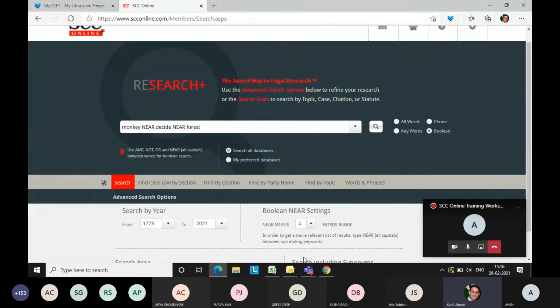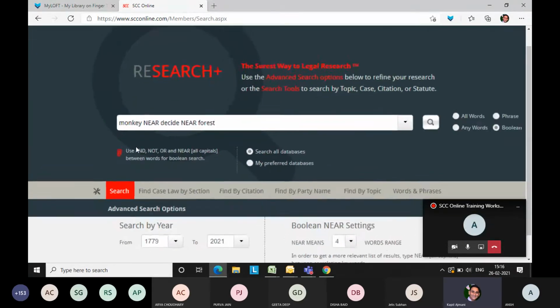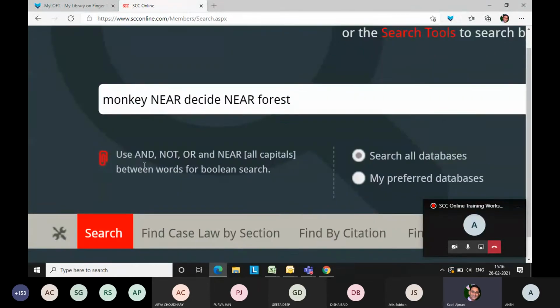So if you want to see within one sentence, then you have to restrict it to 5. Or if you are looking within a paragraph, then probably you can increase the scale, which is given over here, sir. Right, sir? And you can see, under the search bar itself, use and, not, or, and near. These should be in capitals only, and you have to click on the Boolean search here.